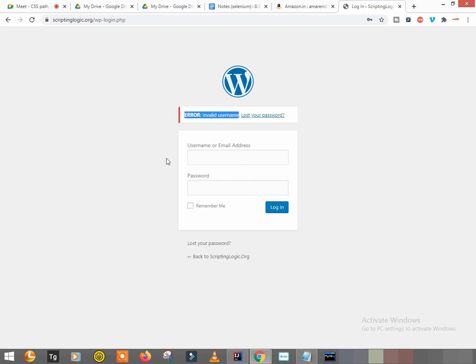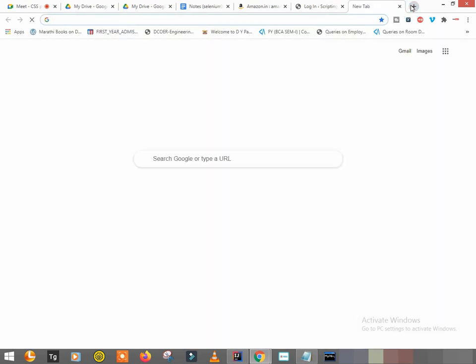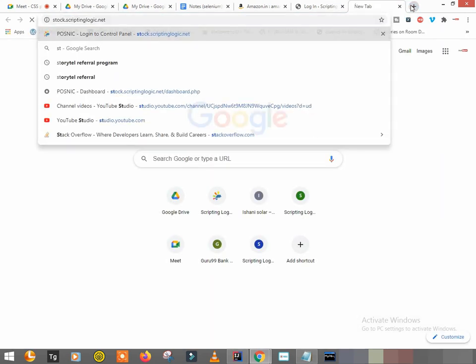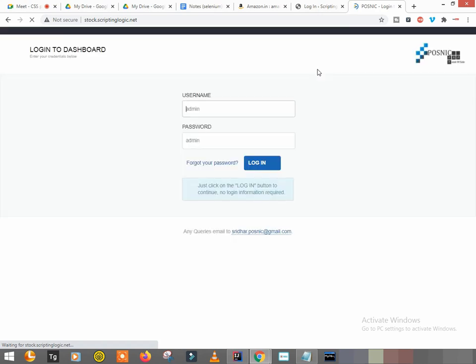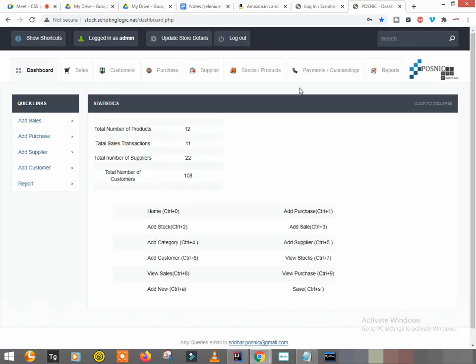Sometimes I may have another expected result. Let's suppose this is the login page, so let's enter admin and log in here. I just want to check whether this appears or not, right?